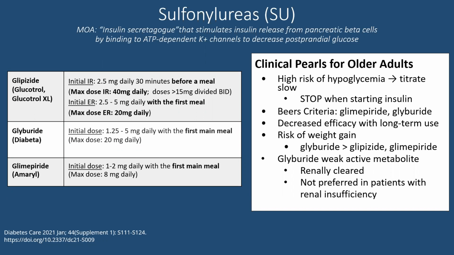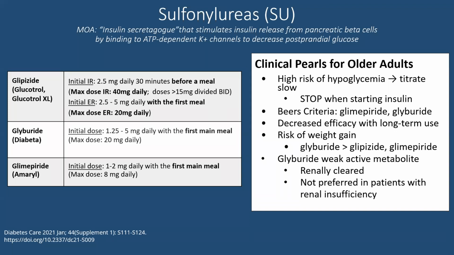When you have somebody on a sulfonylurea, if they're on insulin, you don't want to use both of them at the same time, because sulfonylurea is basically increased insulin secretion. If somebody's already on insulin, there's no point in having the combination. So when insulin is started, sulfonylurea can be discontinued. And if you're going the other direction, if you want to add sulfonylurea to someone on an insulin regimen, you want to get rid of the insulin. Otherwise, it doesn't make much sense.